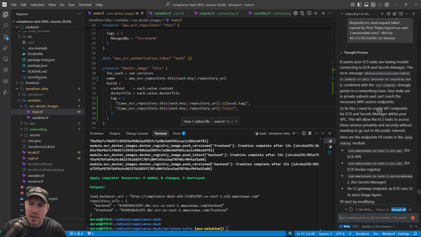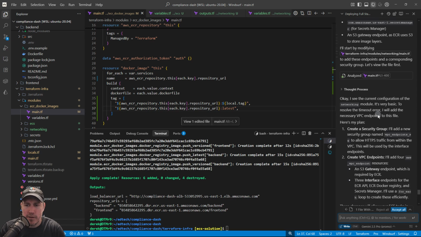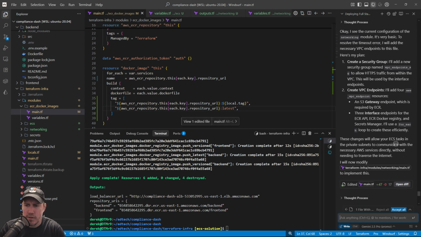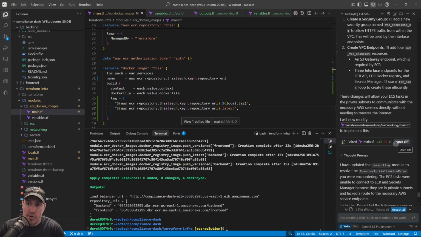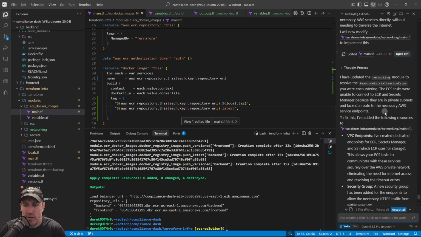I wonder if it put the load balancer in the... Yeah, I bet I put the load balancer in the public and the task in the private. So let's see here. See the current configuration. It's very basic. To resolve this, create a security group. Man, so it's going with create VPC endpoints. Let's see if it plays nice with the endpoints. I mean, I would love to see that, but